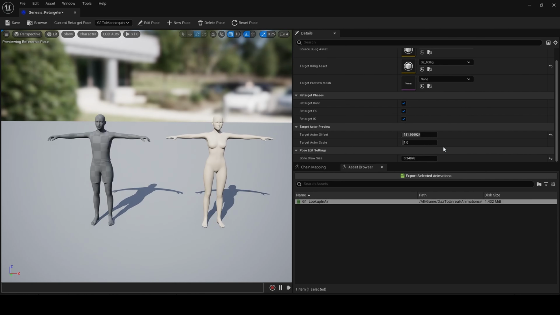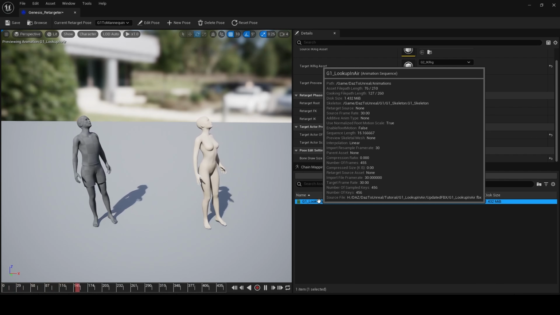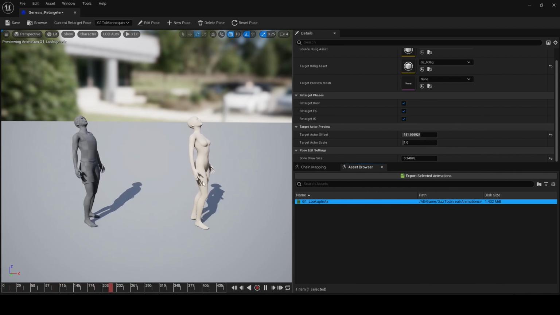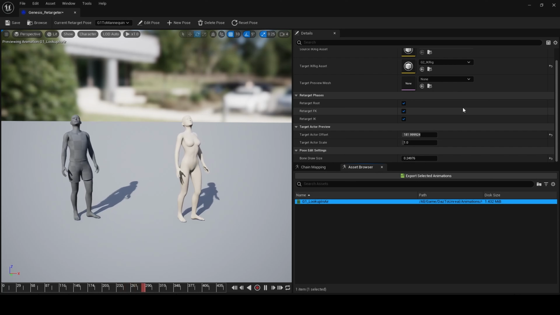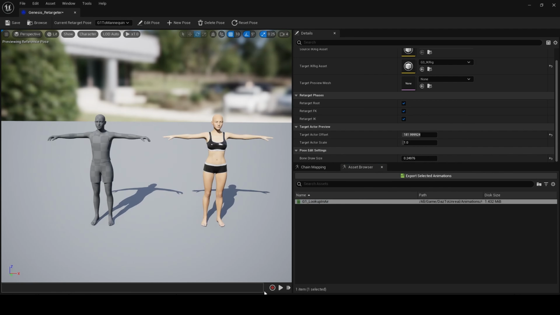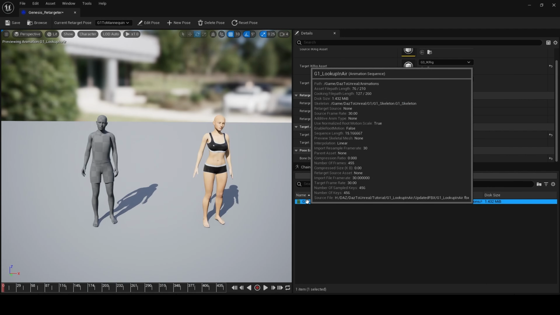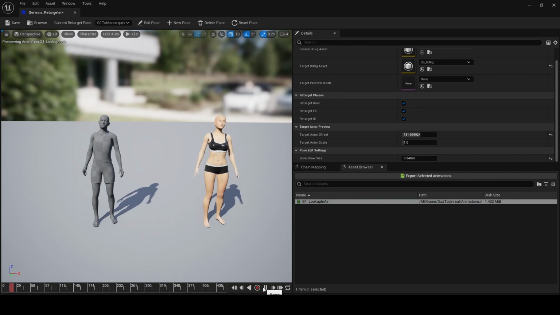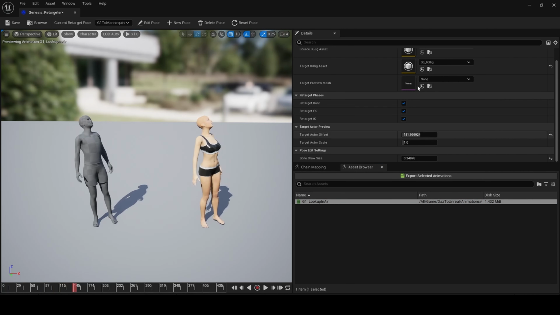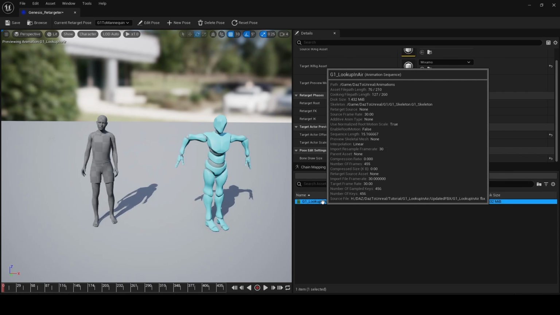And again, onto a Genesis 2 character. There you go. Again, the fingers are not moving in this. I don't know why that is. Or we could have a Genesis 3 character. Press play again. There you go. We could have the mixed mode character as well.